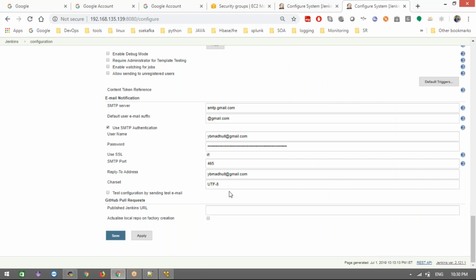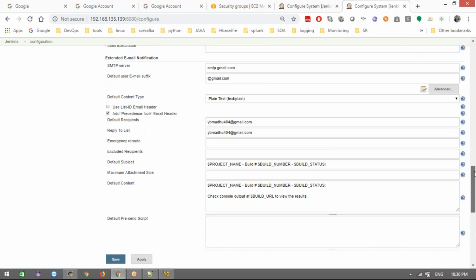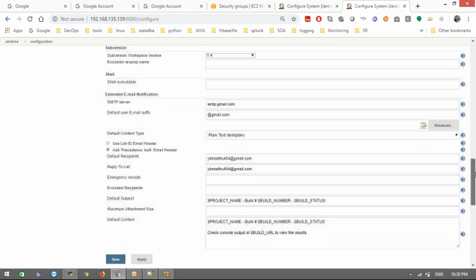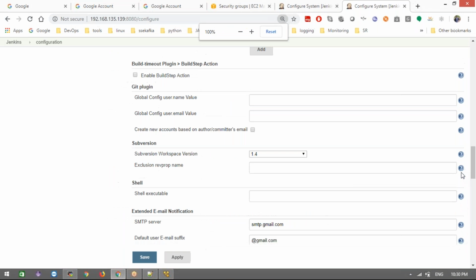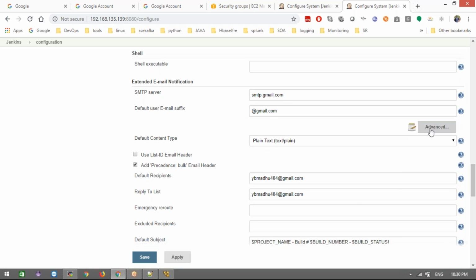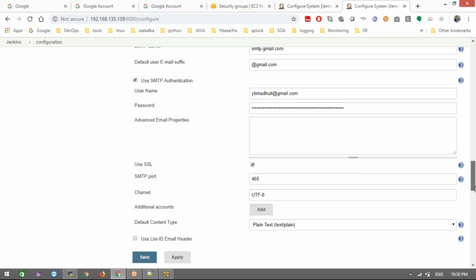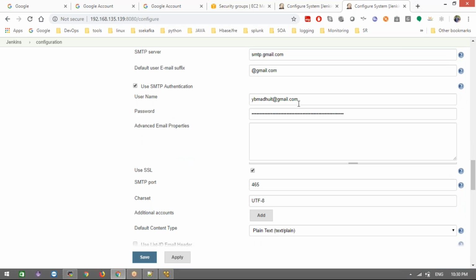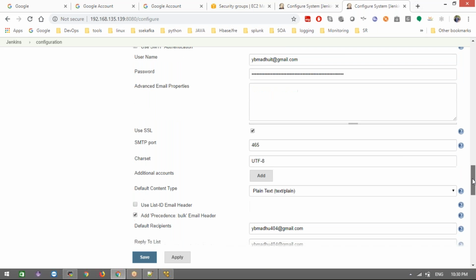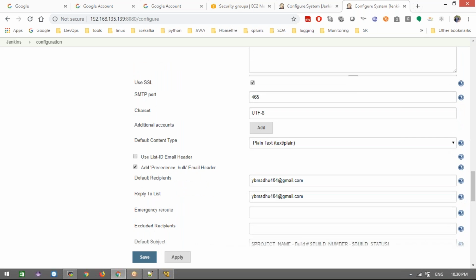Okay, this is the email notification configuration, and this is the extended email notification configuration. If anybody wants, you can take a screenshot. In the advanced tab, check what I have given. In SMTP authentication, this mail ID is given here. For bulk participants, I send to only one person, the one I need to send a mail to, and the reply-to is also the same. If you want, you can give different mail IDs here. It's not required to be the same.